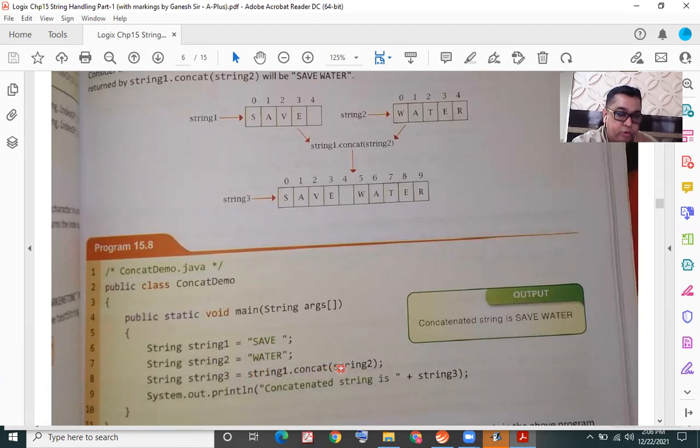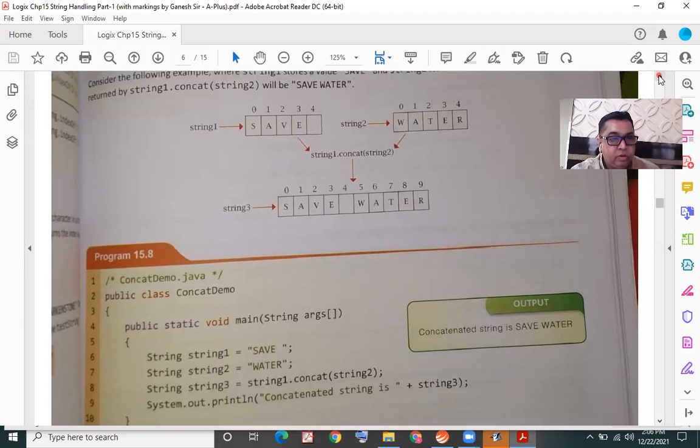So in the output, the author is displaying some text, the concatenated string is, and the concatenated string is save water, there is a space in between. That is because while assigning the value to string 1, the author has written save and a space over here. In this diagram also, it is appearing as save with a space.